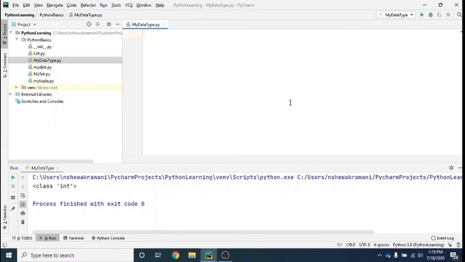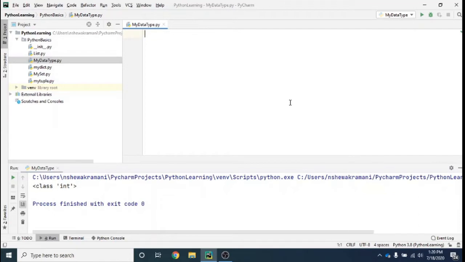So in this video, we will see the numeric data type in Python. We have already talked about the string data type, the list, dictionary, set, and tuple, but there's also a numeric data type in Python. And I can divide these numeric data types into four types. The first type is int, the second is float, the third is complex, and then Boolean.